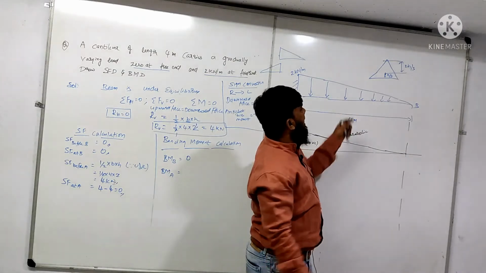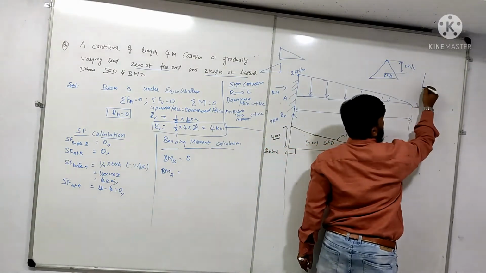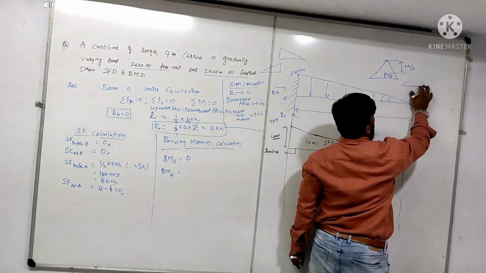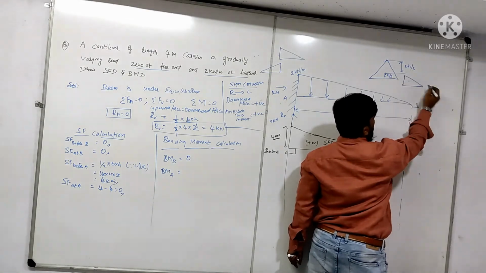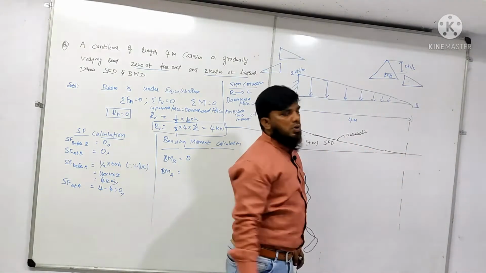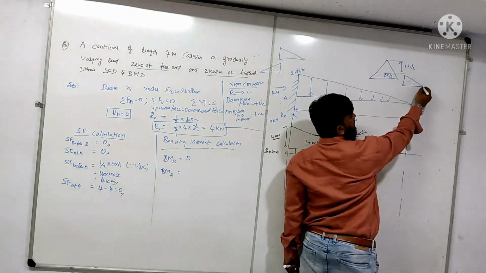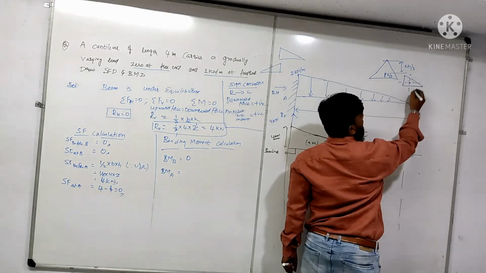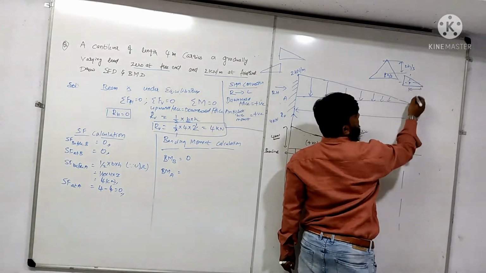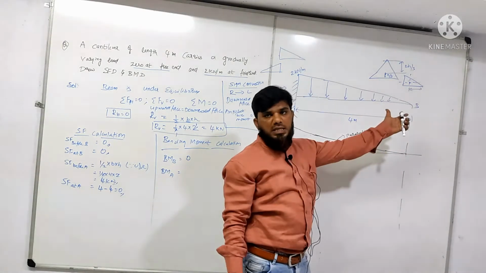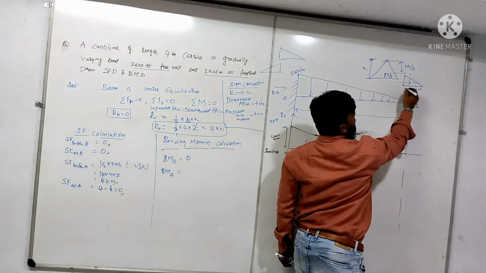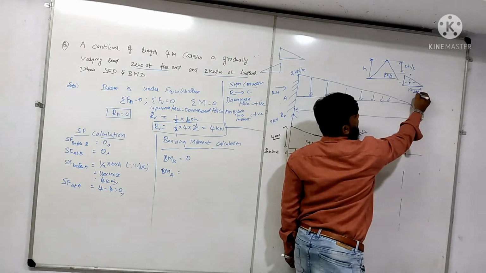So that is the position of your CG. But our triangle is present in this way. So my CG, this is my base now, will be present here. If this is your base, this is the total height. So this is 2b by 3.